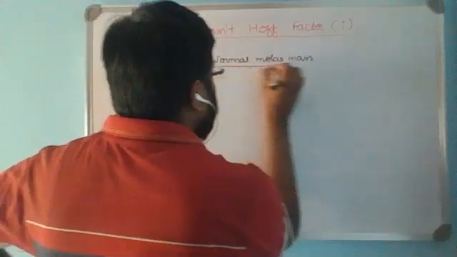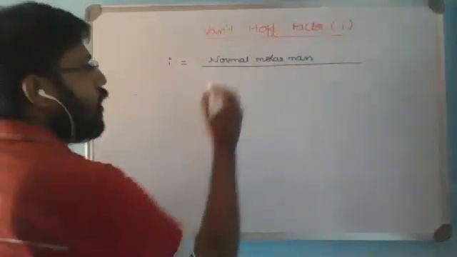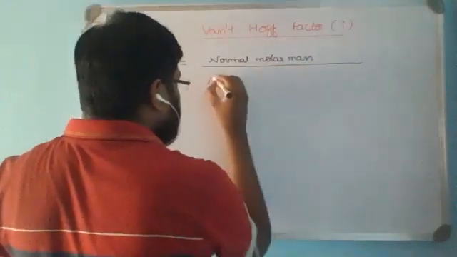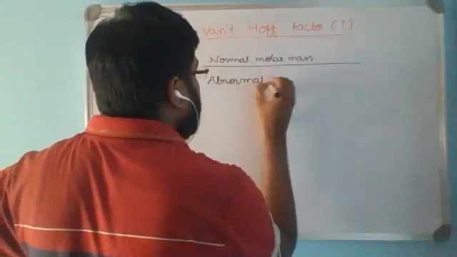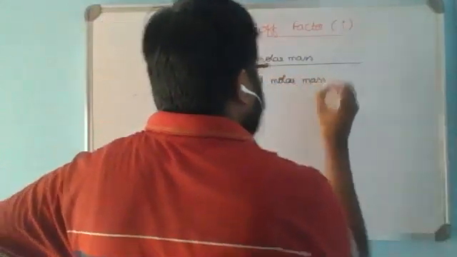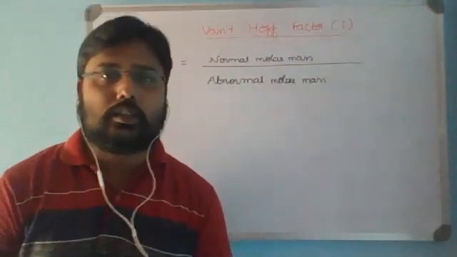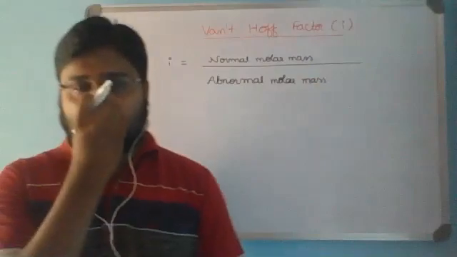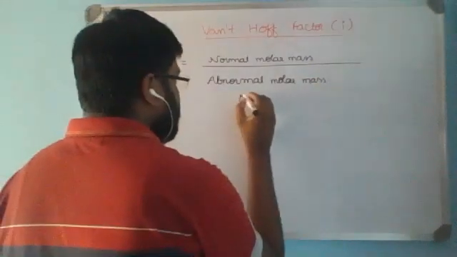Van 't Hoff factor for a solute in a solution can be defined as its normal molar mass to the abnormal molar mass in the solution. Van 't Hoff factor we are defining for the solute in the solution, hence the normal molar mass of the solute in the solution divided by abnormal molar mass of the solute in the solution. Or